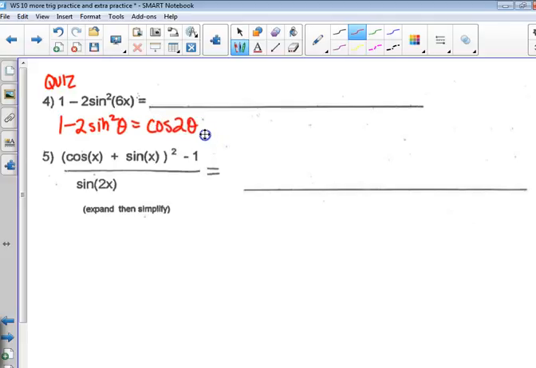Double angle. And remember I told you on the quiz it's all about familiarity with the blue sheet. Can you find stuff on the blue sheet? Okay. So what are we going to trade this out for? Instead of a theta, we have a, so it'll be cosine of 2 times 6x, which is